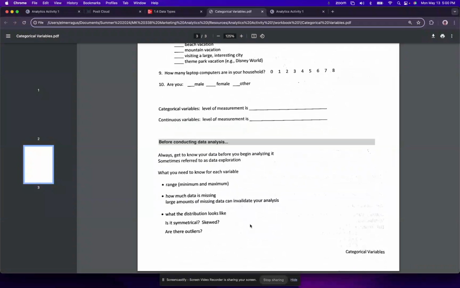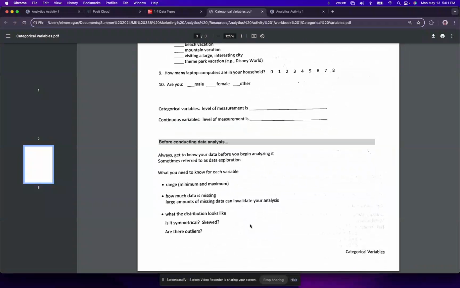The last topic has to do with things to do before conducting data analysis. Ideally, when it comes to answering marketing questions, it's easy enough, right, to say, oh, yeah, I understand that question. Let's just dive right into the data. But that's not a good idea. That's not a good practice. It's important to understand our data first and work with the limitations as necessary. In knowing our data, we'll know its limitations and we will be able to proceed accordingly.